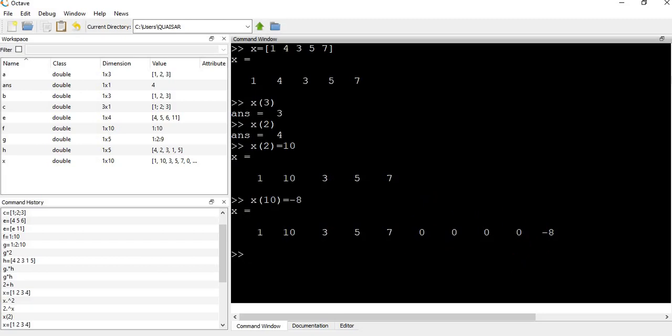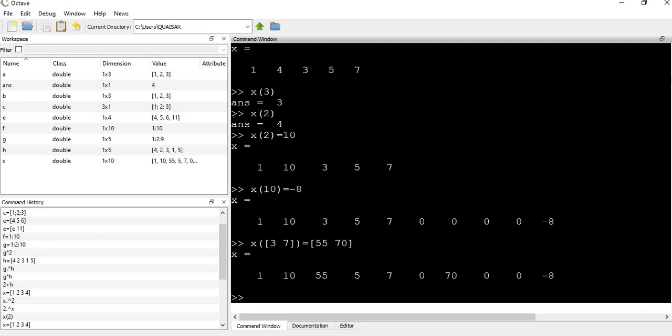You can also change two values simultaneously like this, X with square bracket inside the brackets. Consider you want to change index 3 and index 7 to 55 and 70. So it will change the values at indexes 3 and 7 to 55 and 70. So this index 3 is changed to 55 and this index 7 is changed to 70.